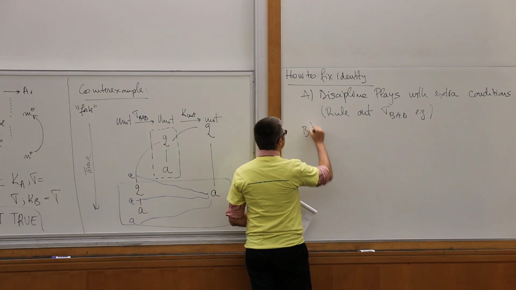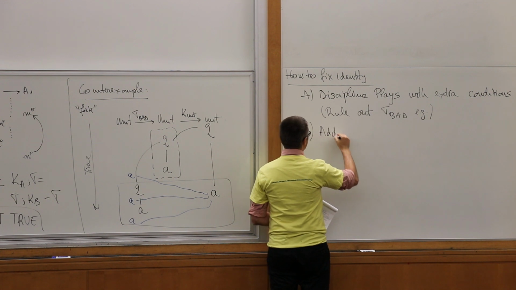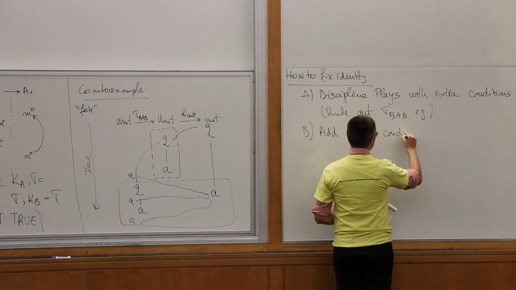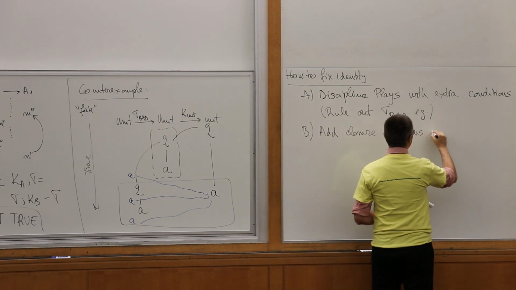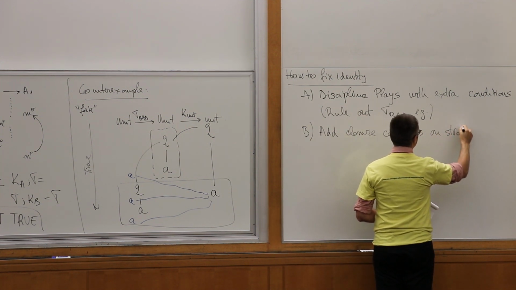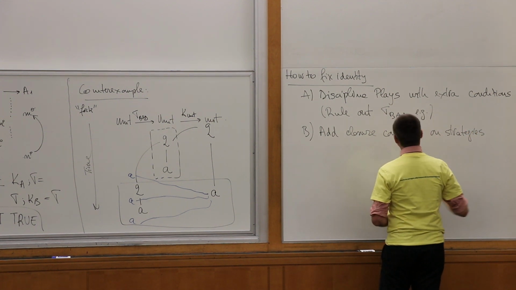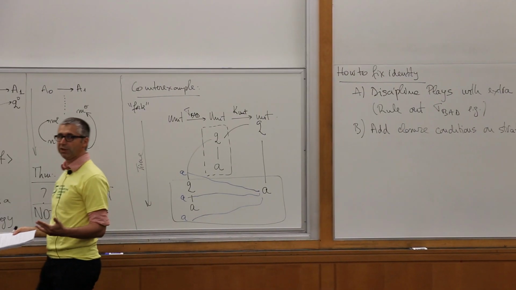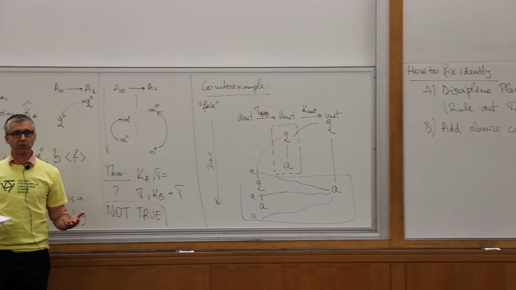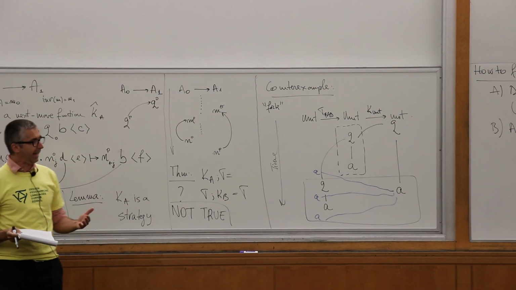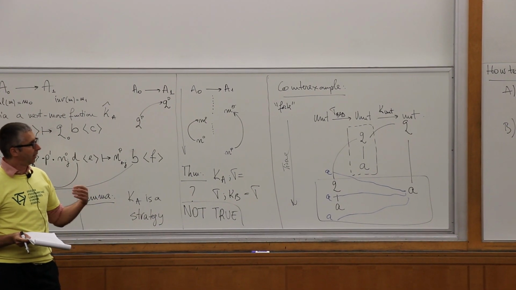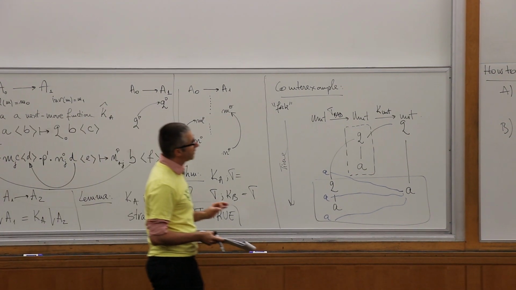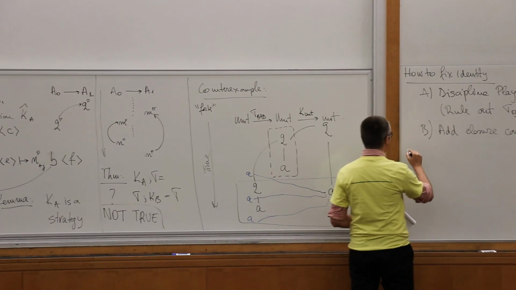And B, add closure conditions on strategies. So we already have certain closure conditions on strategies, such as prefix closure. But by adding more closure conditions, we can incorporate more behavior into the strategy. But both of these, we have to be very careful